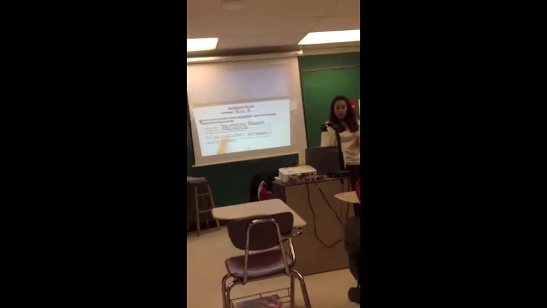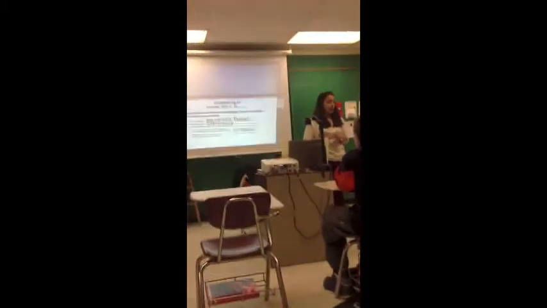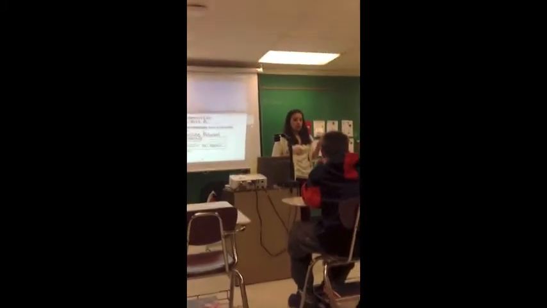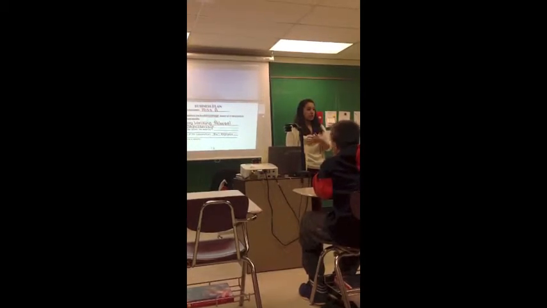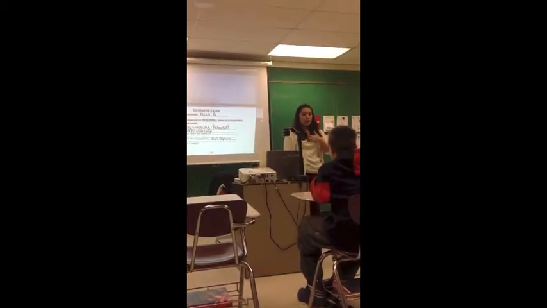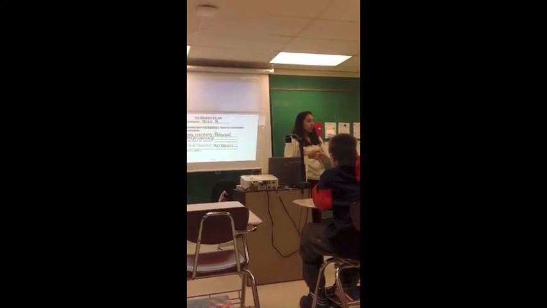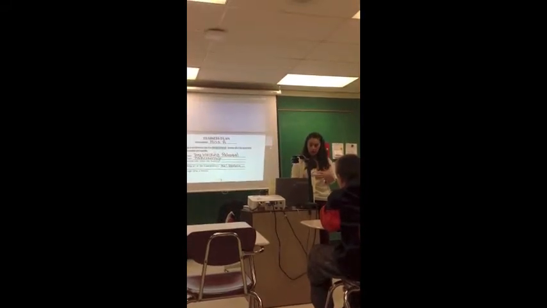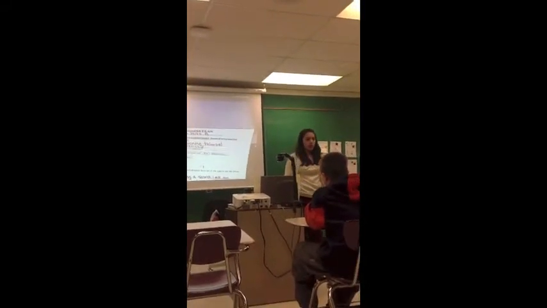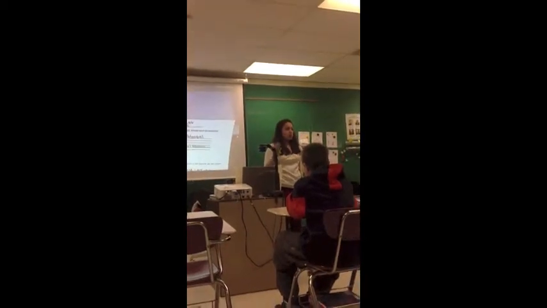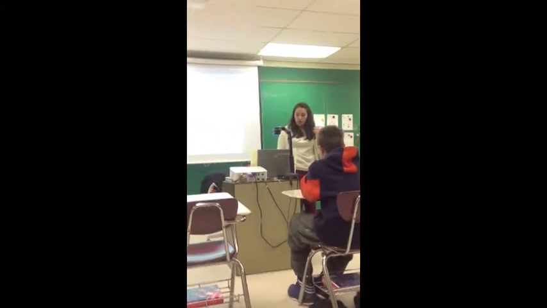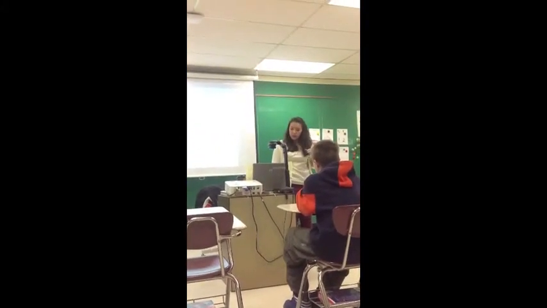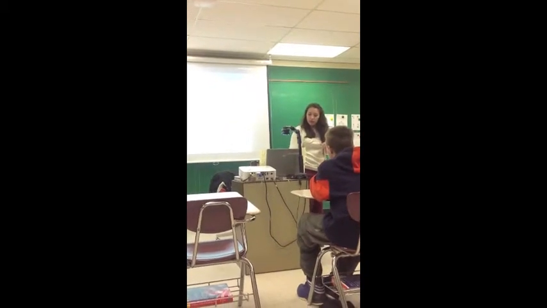When it says how many owners and who is or are the owners, what would I put? One owner, and who's the owner? Me. Good. Who's taking on all the risks and profits? Me. And I would explain, I'm putting my time, my money, my resources into it, giving up all those things in hopes that I make a profit. But if I do make a profit, it's all mine. Okay? Then I come up with a business logo, some sort of drawing. You guys have seen business logos. Nike has a little check, anything like that, right? Whatever fits your company. Then at the bottom, what good or service is being provided? Describe it and explain why you chose this good or service.